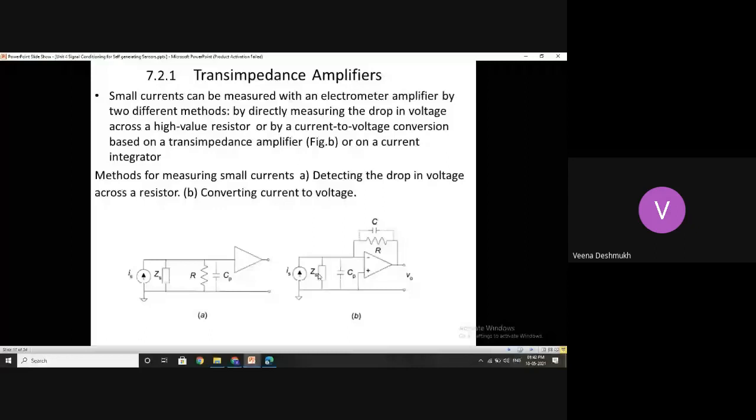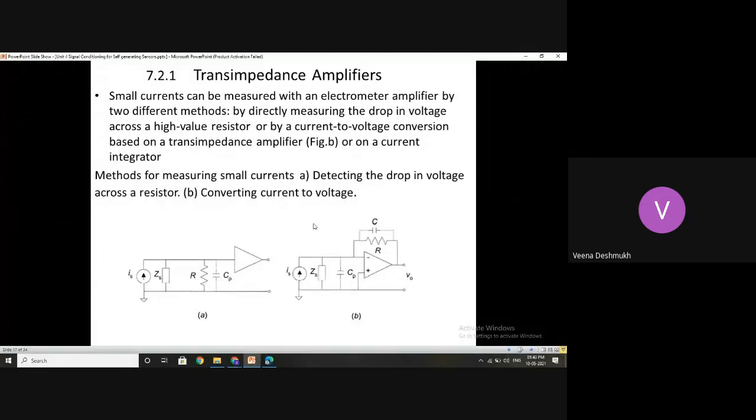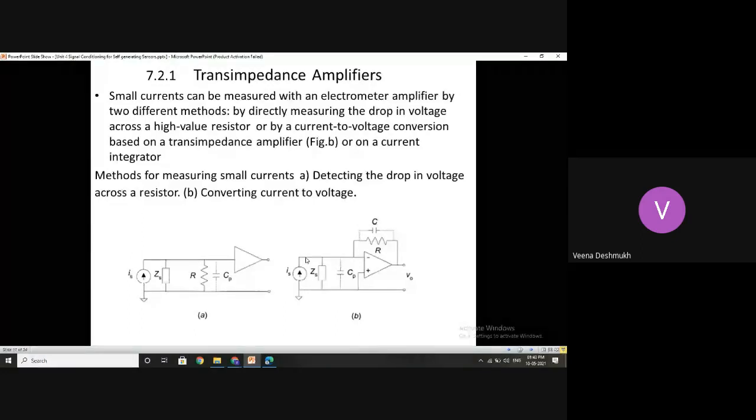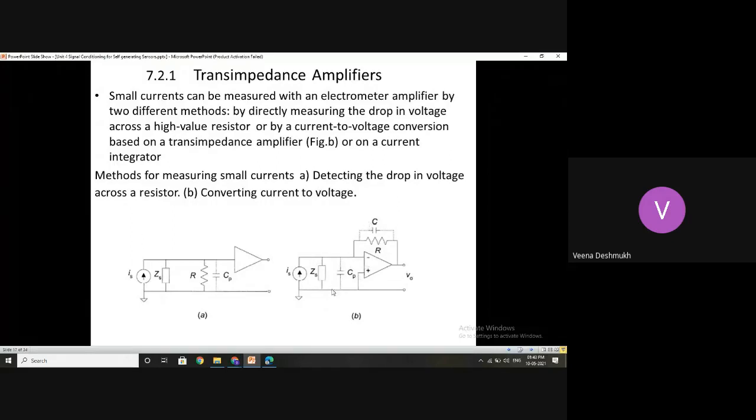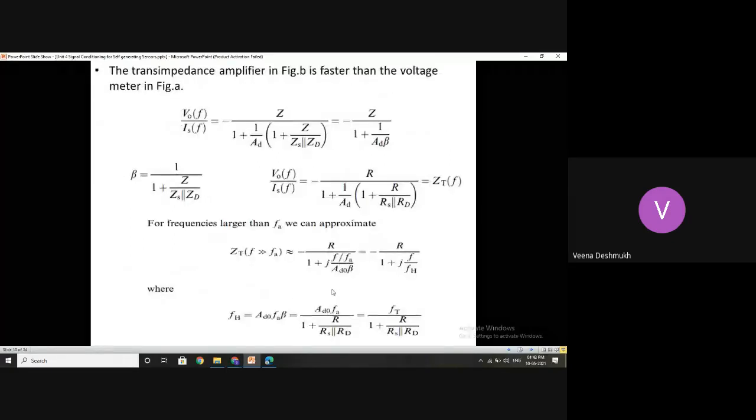Usually if you have R1 as the input impedance and R2 as the feedback resistance, and RS as the source resistance, then the feedback factor is R1 divided by RS plus R1 plus R2. Usually we ignore this RS. So under such cases, it is simply R1 divided by R1 plus R2. That is the feedback factor, where input resistance is divided by the total resistance in the network, in the output path.